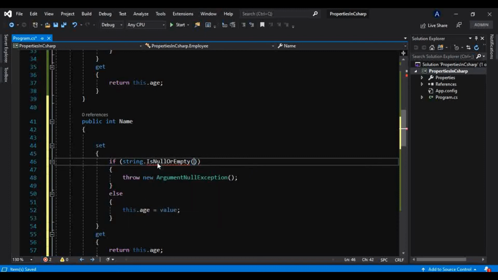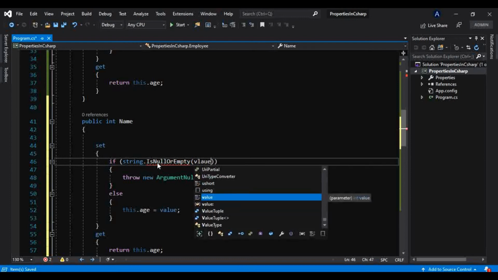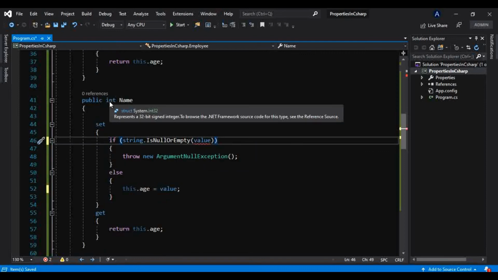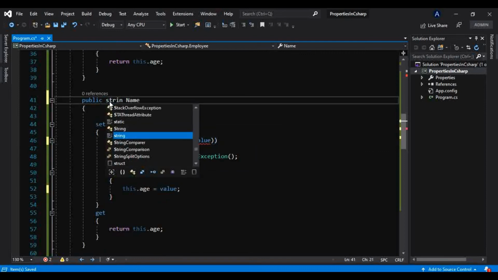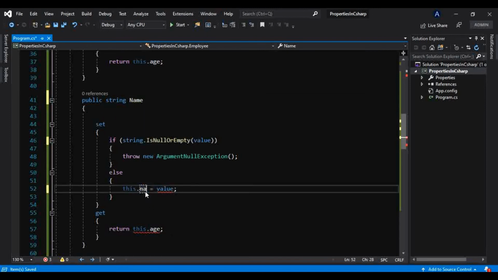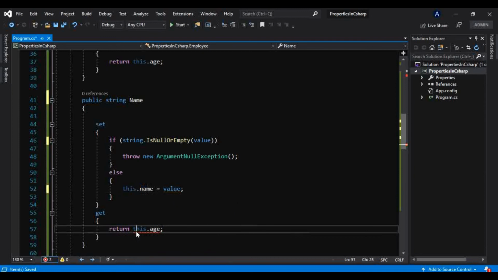And what we want to check is that value. So whatever name we get, we will get it from this built-in keyword value here. And now why this error? Because this return type is int. We have to make that a string like this, and we are good to go. And let me make that name, and we want to return name like this.